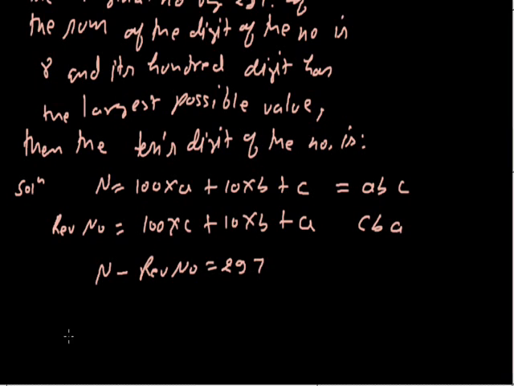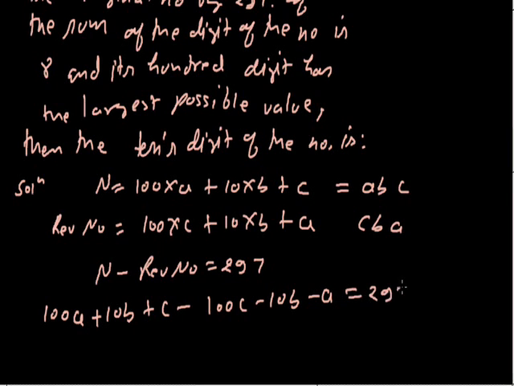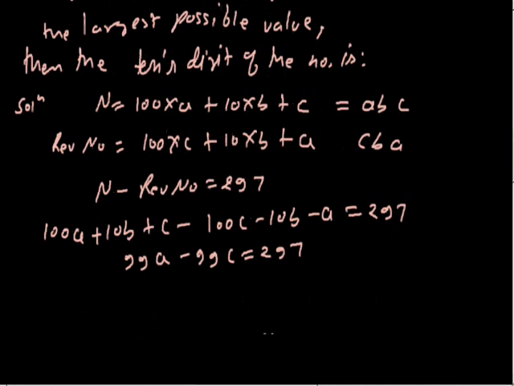Now putting these values, we get 100A plus 10B plus C minus the reverse number, that is 100C plus 10B plus A, is equal to 297. So 100A minus A, we get 99A. Now 10B and 10B cancel, plus C minus 100C comes to be minus 99C, equal to 297. Now we take 99 common, so A minus C equals 297 divided by 99, which comes to be 3. So A minus C should be equal to 3, or we can say A is equal to 3 plus C,